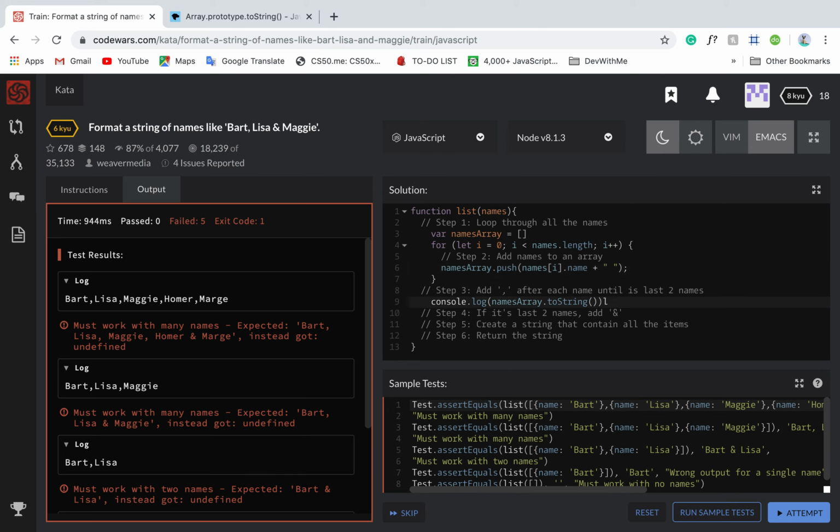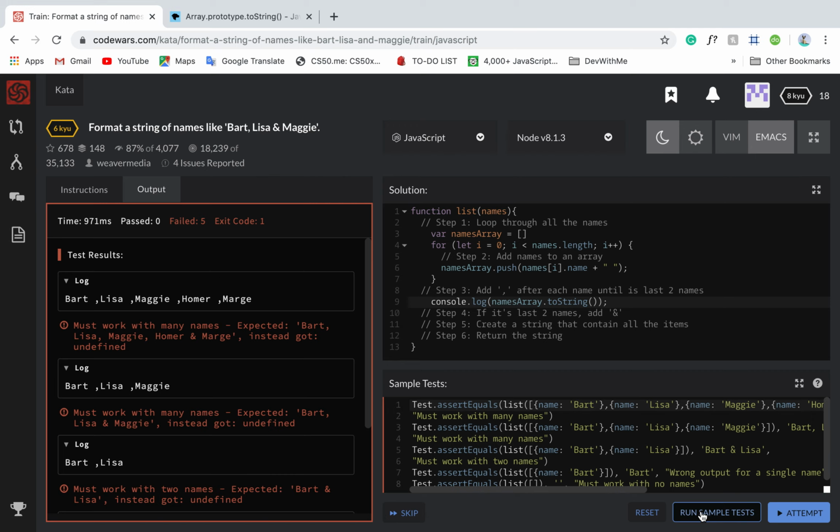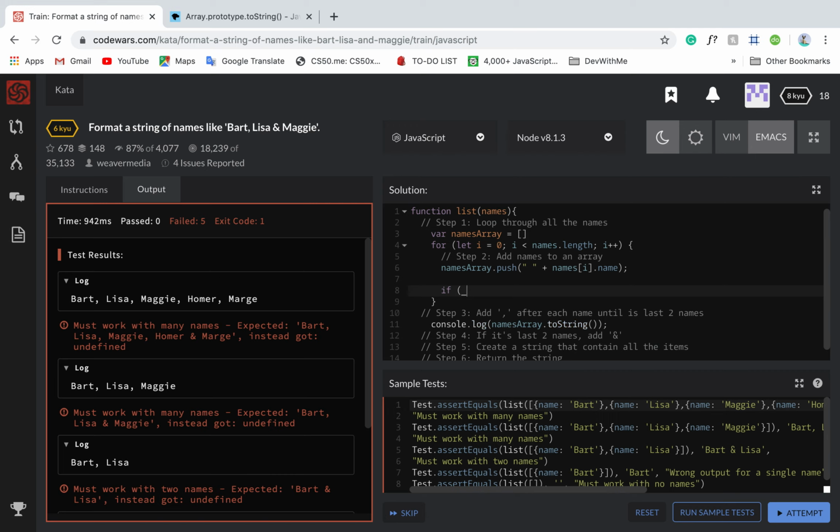I mean, we need a space between the names, not like that. Maybe I should add it in front of it. So empty space plus this, run a sample test. Okay, good. So now the only thing I need to do is just change this. So maybe I can run something like this. If names